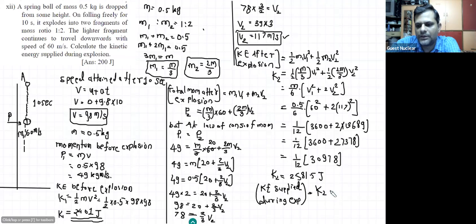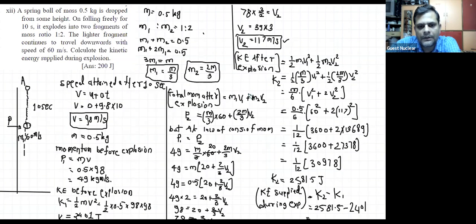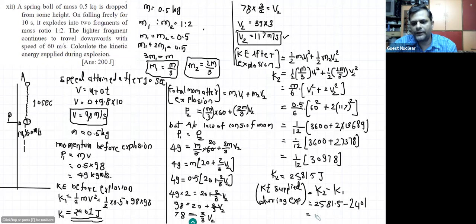So K2 minus K1 comes out to be, so K2 is going to be 2581.5 minus 2401, which actually comes out to be, so again, we have to subtract this. 180.5